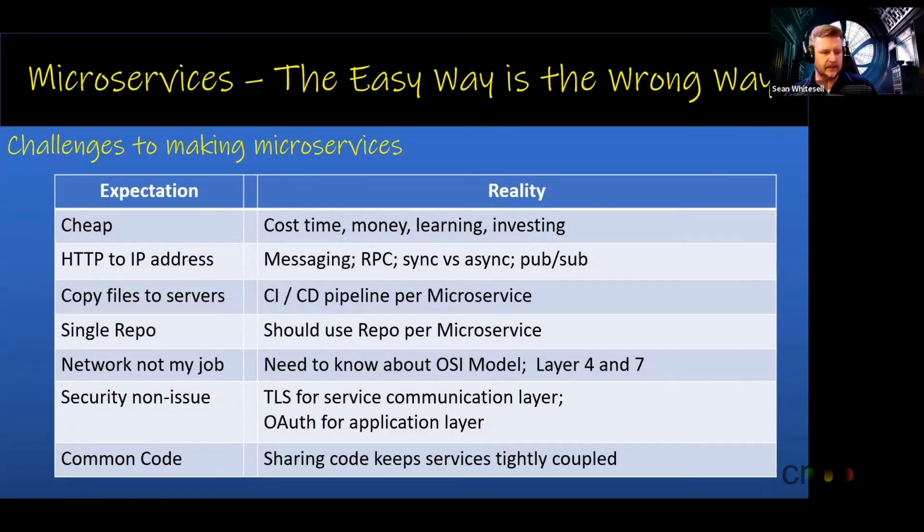And as I mentioned earlier, microservices are independent applications. This is where I'm going to keep repeating myself on this. In the past, you may have just copied files to a server, and that was your deployment method. Because microservices are independent applications, you do want to have a continuous integration, continuous deployment pipeline per microservice. And along with that, since they are, again, independent applications, you should have a single repository for each of those microservices. Why? Because as they are independent applications, that means that they have their own set of requirements,